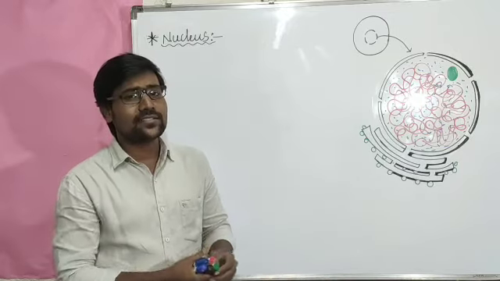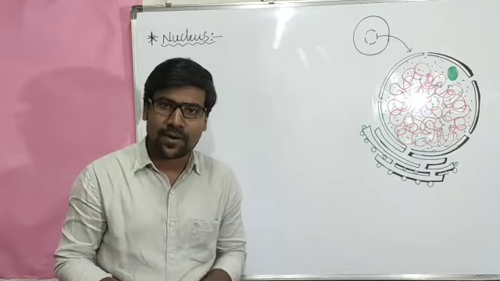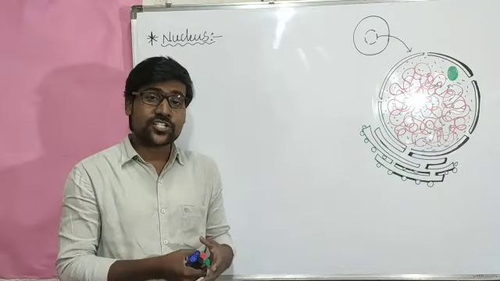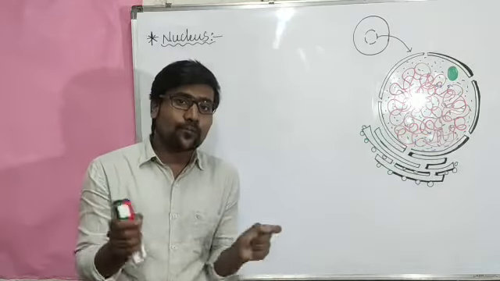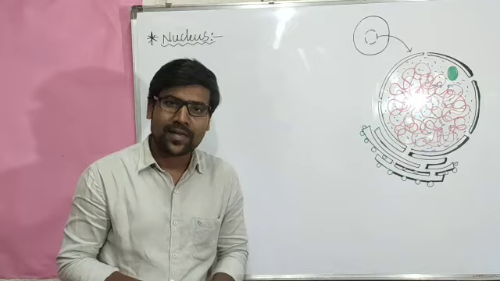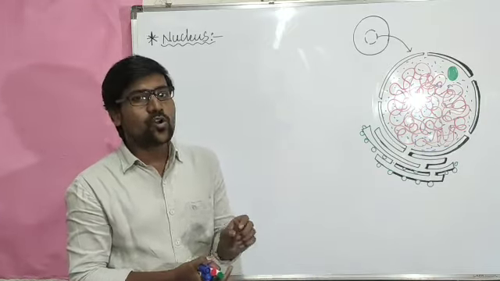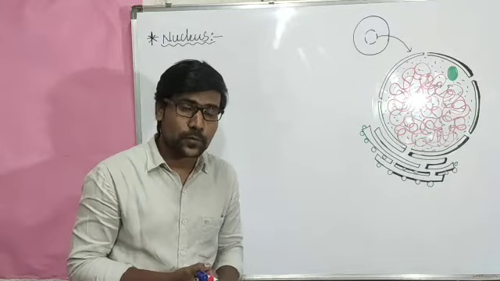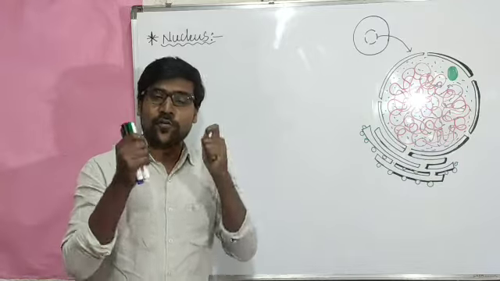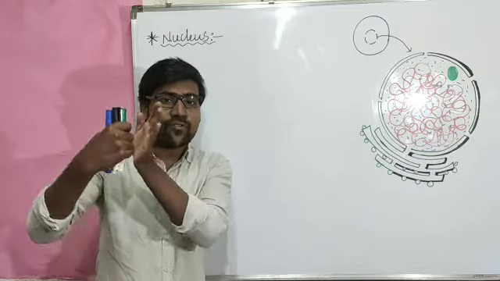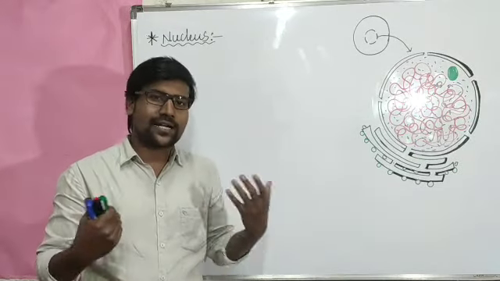In the previous class, we observed the boundary of every cell, that is the plasma membrane, and we observed the functions carried by the plasma membrane along with the importance of the pores present in it. While looking at the functions of the plasma membrane, we looked at one important process, the diffusion process. What is diffusion? The movement of any kind of molecules from the region of their higher concentration to the region of their lower concentration. That is diffusion.